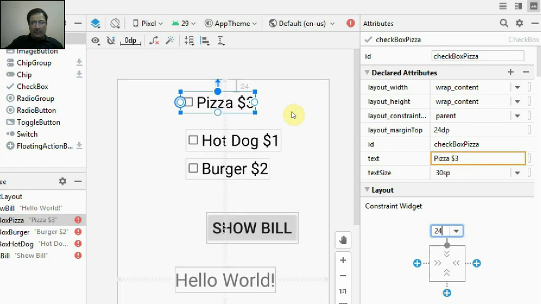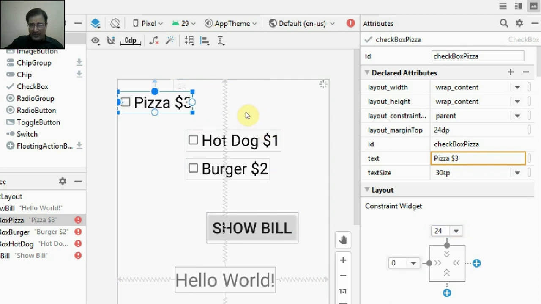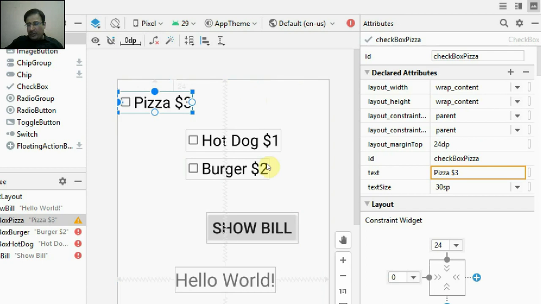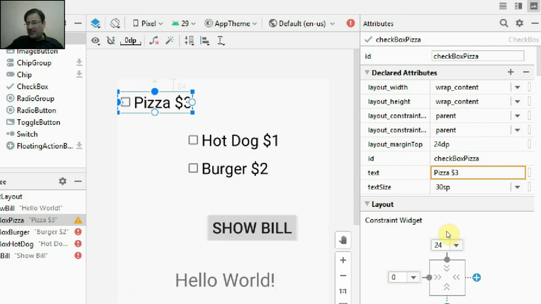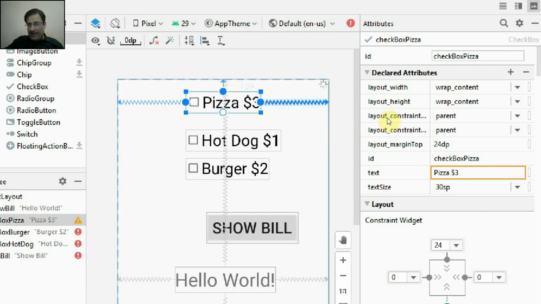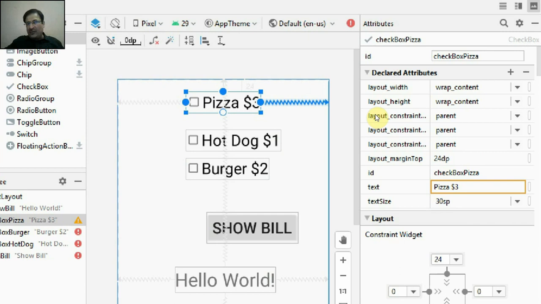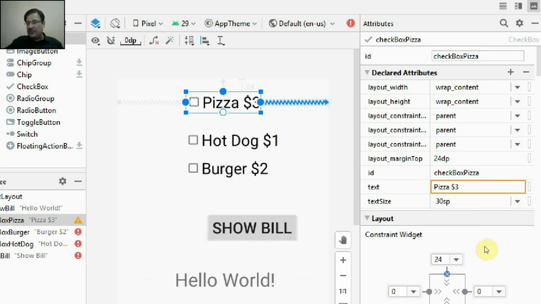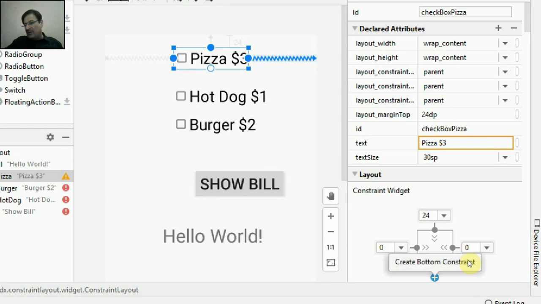Now here, to make it on the center of this layout, I'll click this and set it to the left boundary. It is attached to the left boundary. If I want it to be left aligned, I just set the distance from the left boundary. But if I want it center aligned, click and drag it over here. The moment you set the left and right constraints, it will be aligned horizontally at the center of the width of the screen. See, so now only one constraint is left, that is the bottom constraint, right? Otherwise the 3 constraints are left for this checkbox.